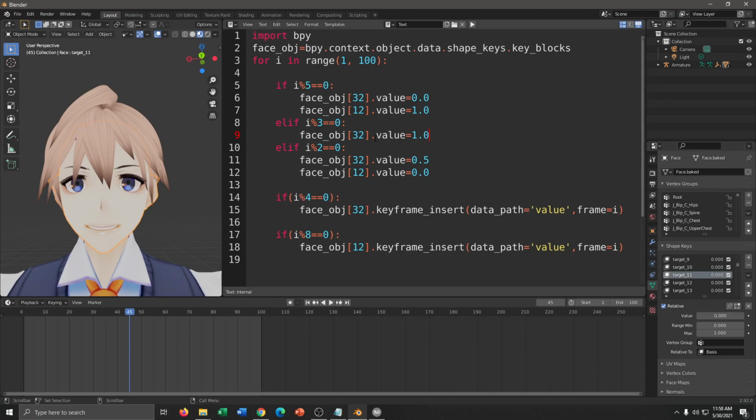So what I've done here is, for divisible by 5 I set the value as 1, and for divisible by 2 I set the value as 0. We can also swap this if we want, right? We can also swap this, and if we run this,